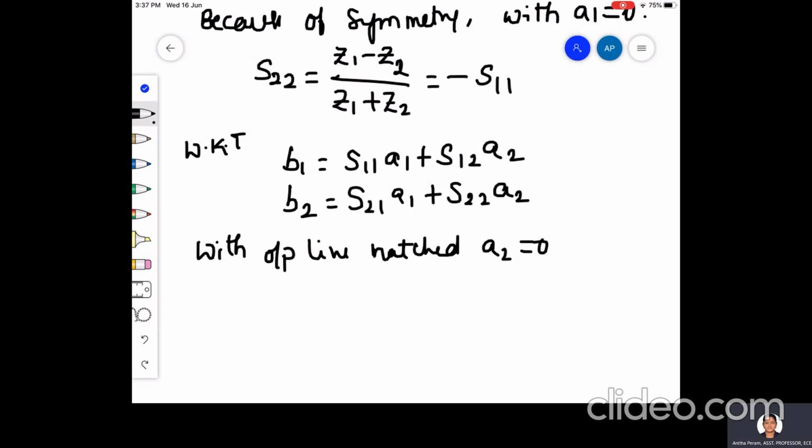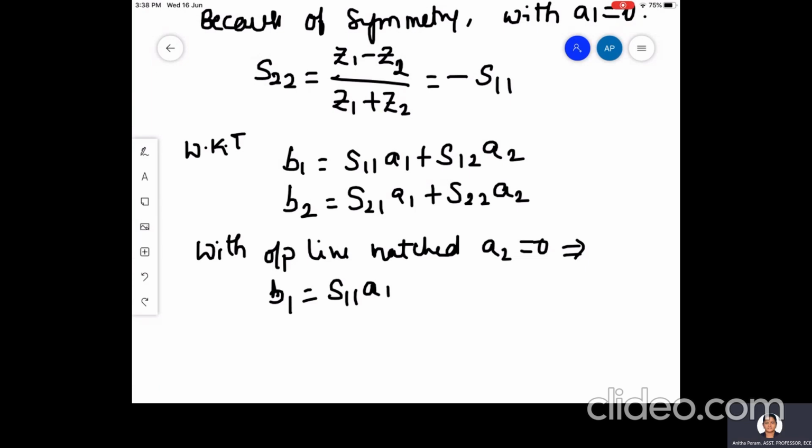By substituting that in the above equation, you will get A2 as 0. By substituting this, you will get B1 as S11 A1, as A2 has become 0. And at the input side, that means for the second line, Z2,